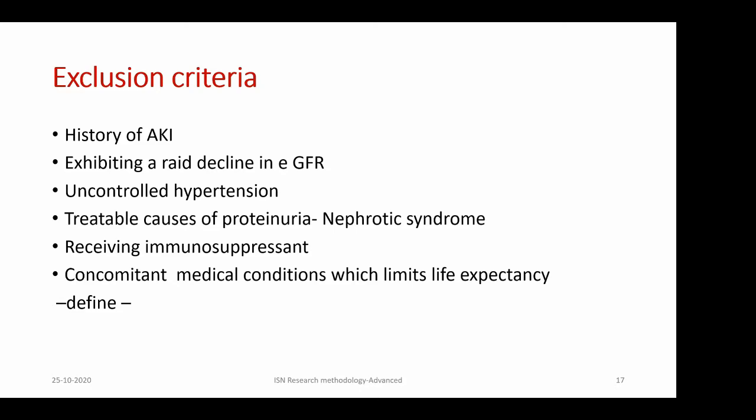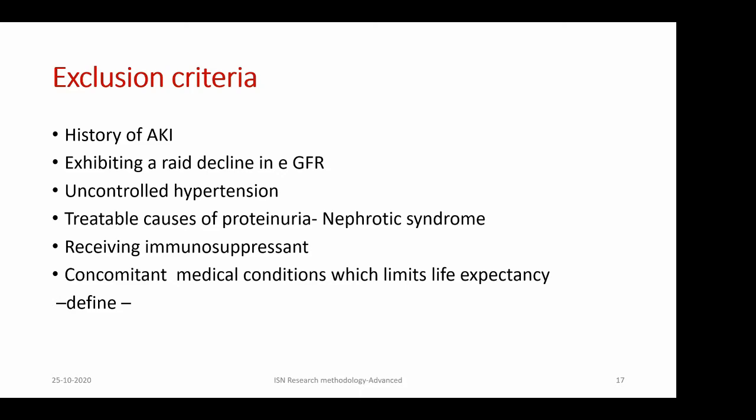So you can define the acute kidney injury as say more than 0.3 milligram rise in creatinine, and the time period also you can specify in the preceding 3 months or 6 months. Again, that is up to you. And rapid decline in GFR, again, this needs to be defined. Say more than 10% decline in GFR over a period of 3 months or 6 months. If you can find any standard accepted definitions, you can stick to that.